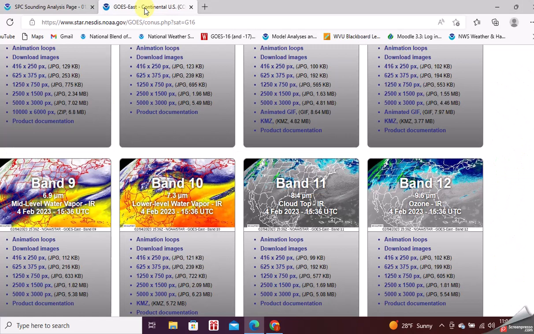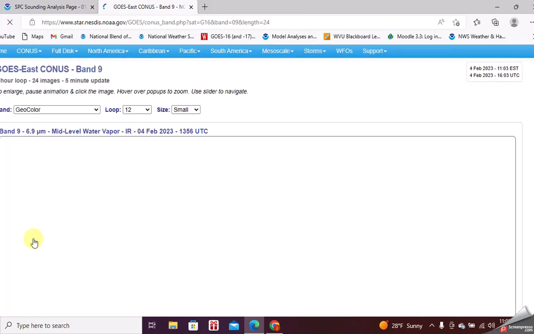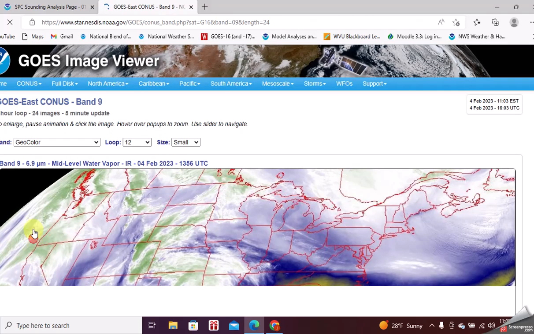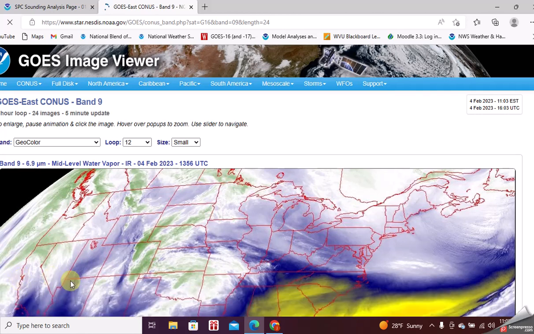Also just wanted to take you a quick peek at GOES. There's a way to look in GOES satellite at mid-level, low-level, and high-level water vapor. And this is mid-level water vapor. If you get a quick peek at it, we'll say before you leave the airport, you can see moisture here, but notice where the moisture is coming from. I'm in West Virginia today. Look at the winds coming out of this direction,